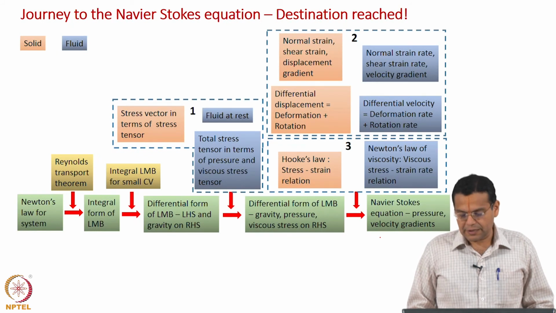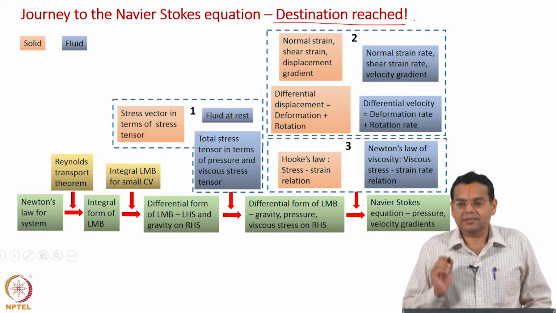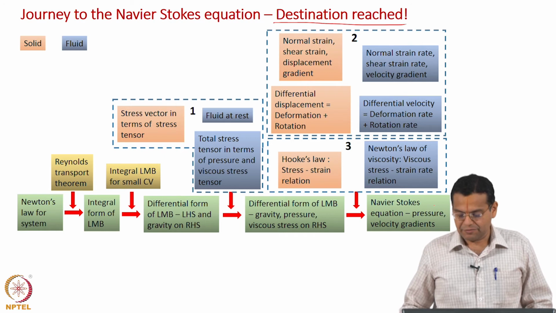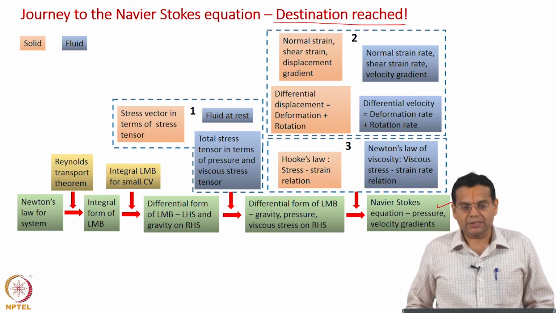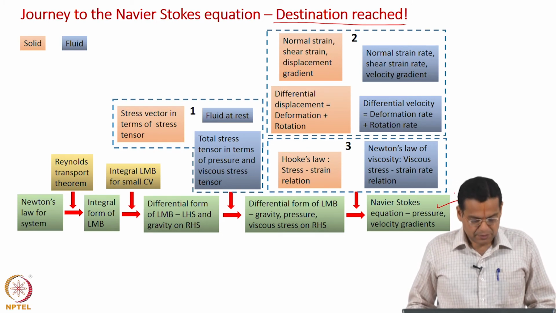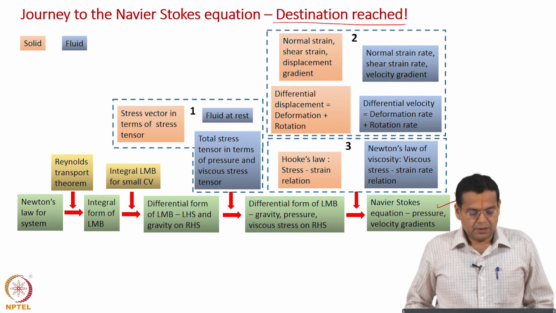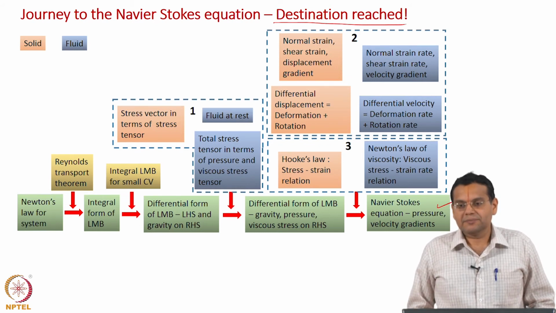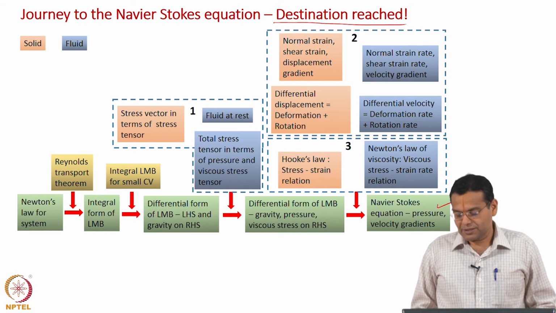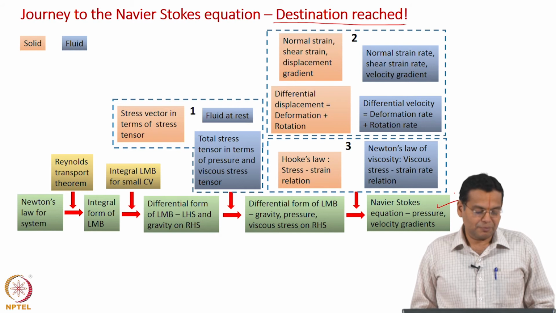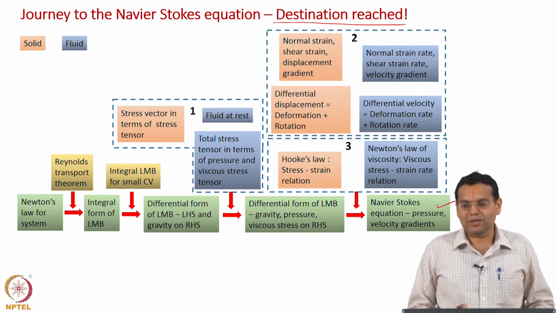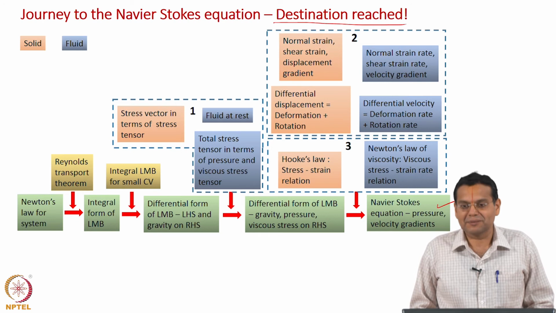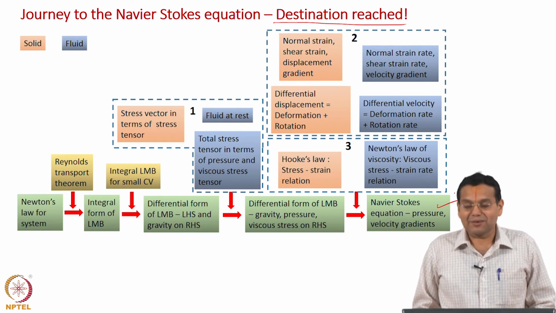And in terms of our journey, we have reached the destination, and we just discussed the last block here, which is the Navier-Stokes equation. Now, if you have a long journey, after you reach the destination you are happy, and of course, whichever people you meet, you recall whatever you experienced through the journey. It could be several people.